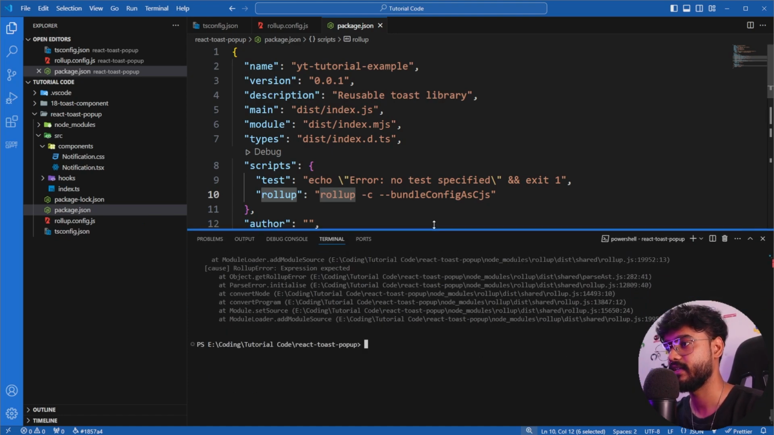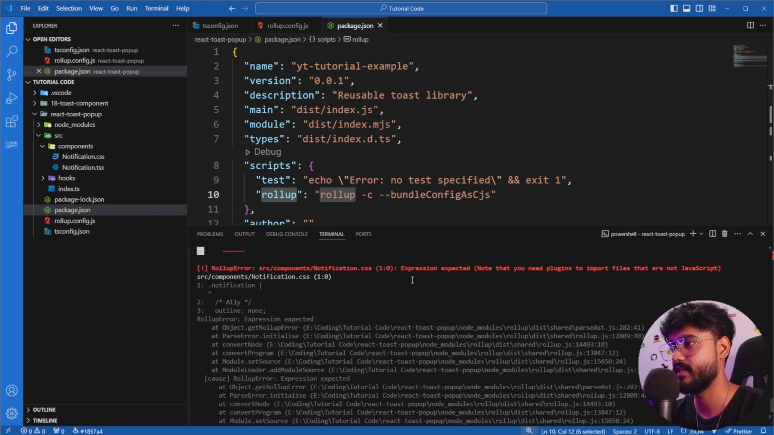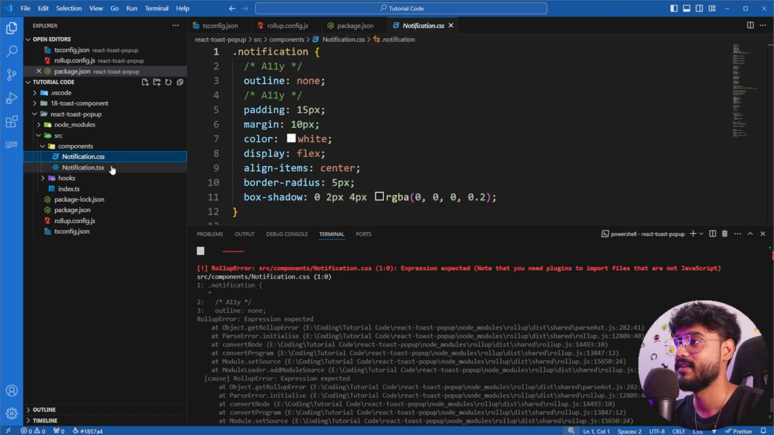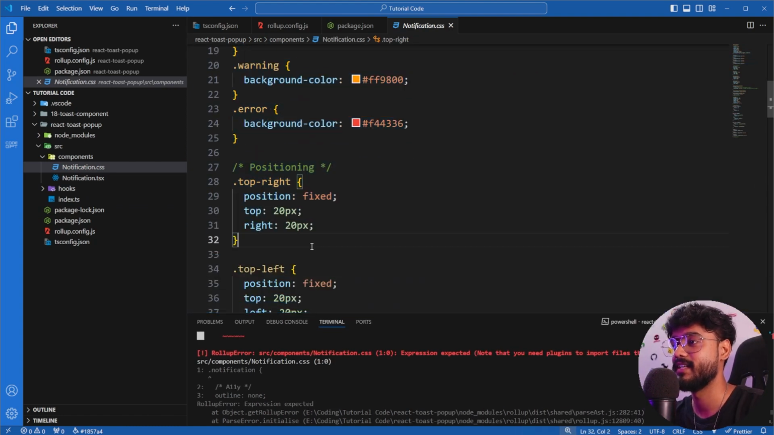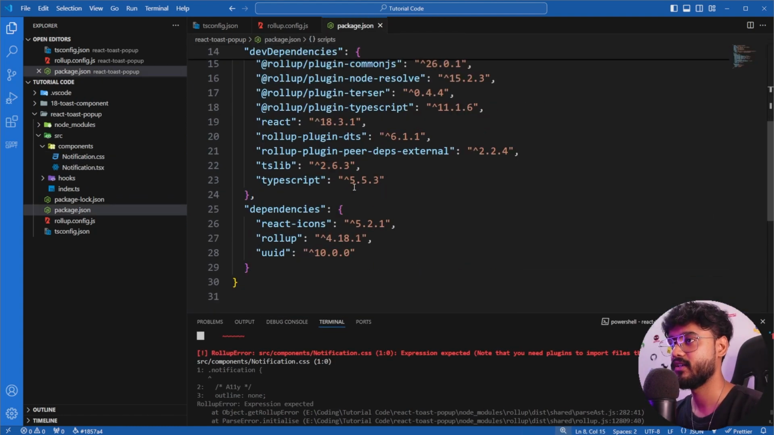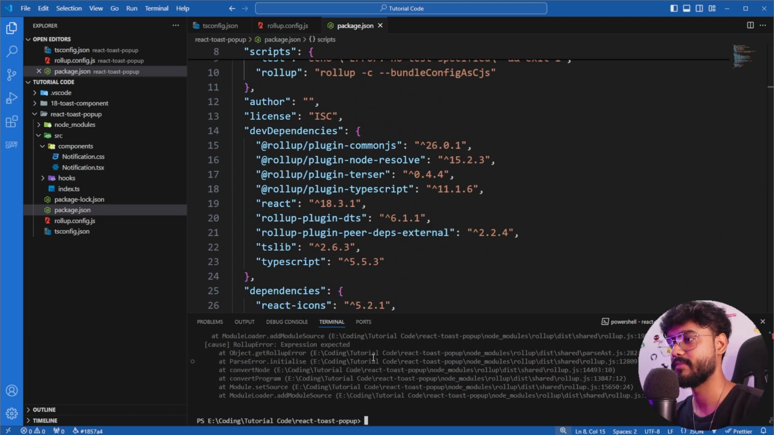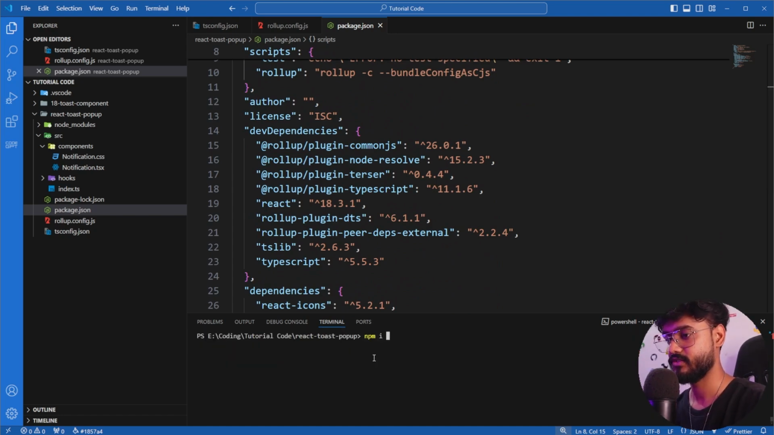So okay, it encountered some error, and it encountered the error in the CSS files because we forgot to take care of the CSS files, right? We also need to compile CSS files and bundle them along with our folder. So to take care of this, I'll have to install one more dependency, which will be npm install